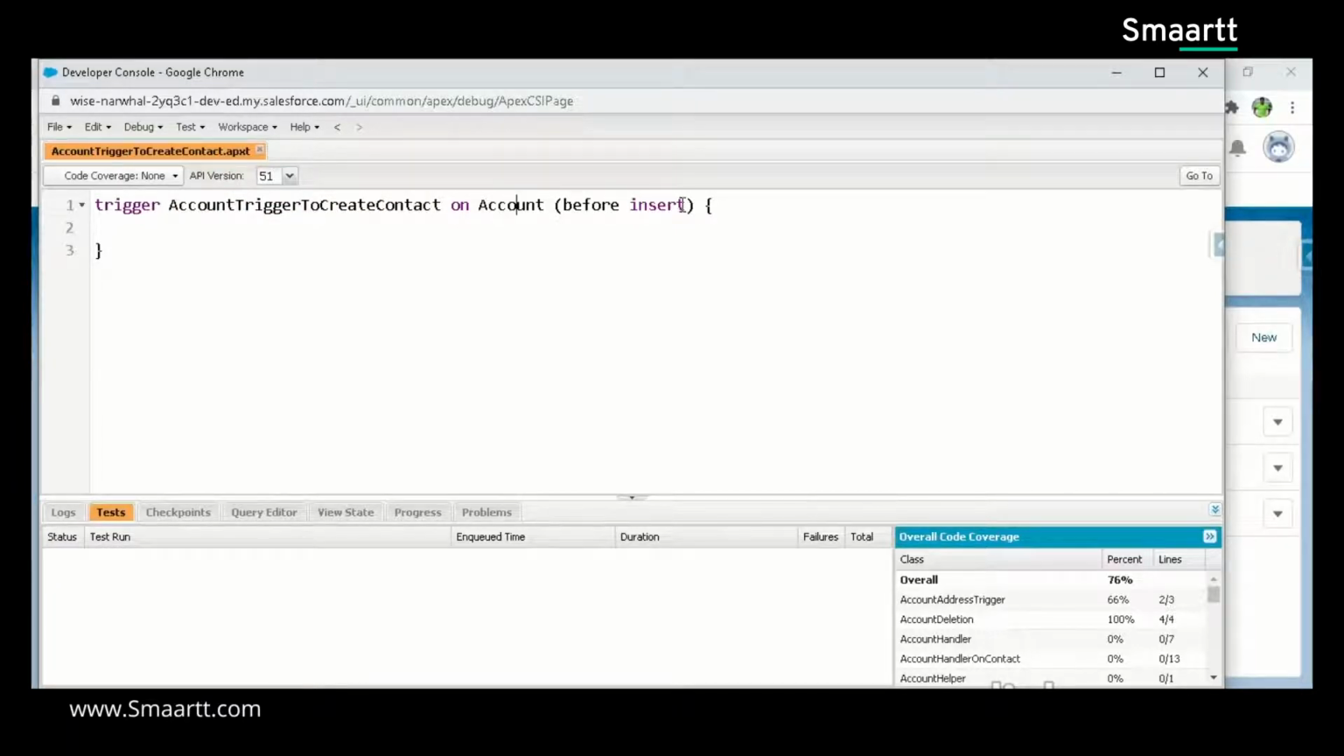Remember, there are a lot of things here. You can see here before insert, after insert, before update, delete, and after update. There are lots of things here. You need to know for which event you are creating the trigger. So for my use case, when an account gets created, a contact should be created if a phone number is present on that account. It means that after insert of the account, I should be calling